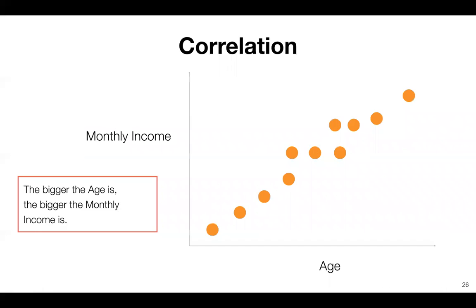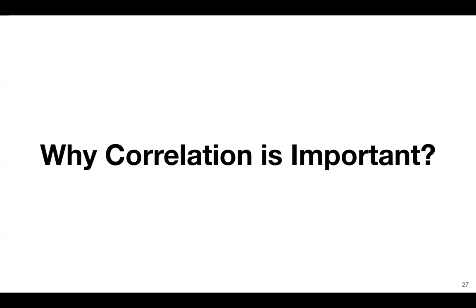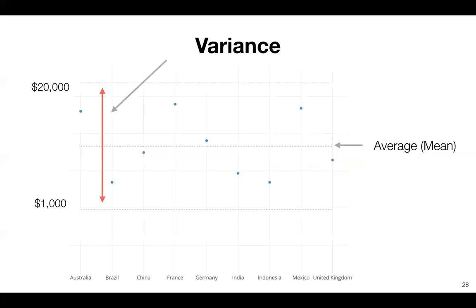Okay, so now we kind of understand the correlation. So why is correlation important? Well, correlation is almost one of the most important concepts in data science or data analysis, precisely. Like I said, the data values, for example monthly income or the number of customers or conversion rate,